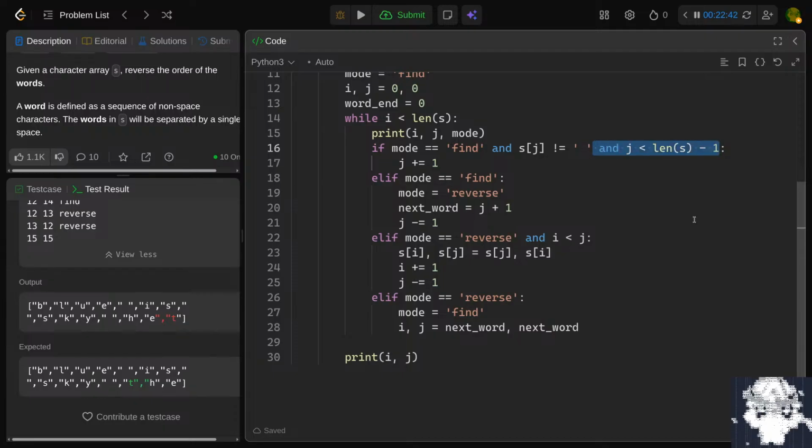So here's what I want to say. If you're in mode find and J is not equal to space, or